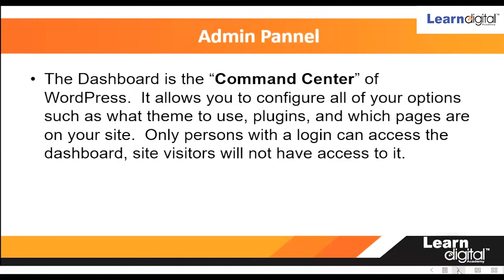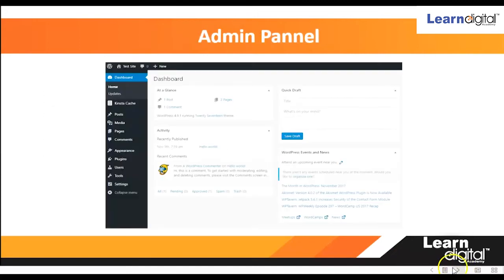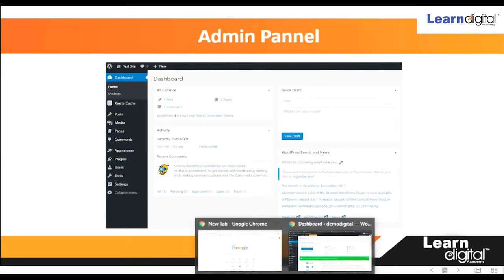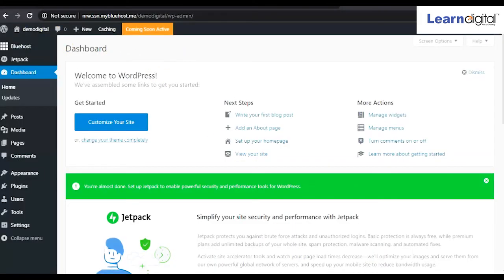Then you will be getting the admin panel, and this is completely the admin panel, right? So here you can see different options. So this complete structure is called the admin panel. The same thing we can see over here. This complete structure is called the admin panel.